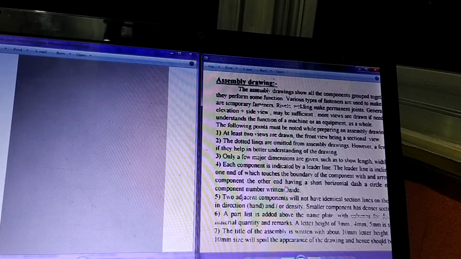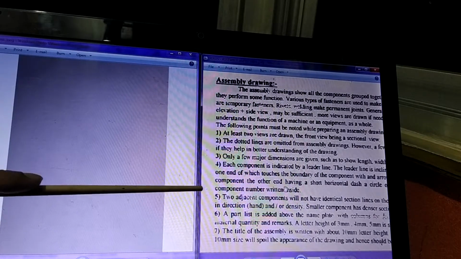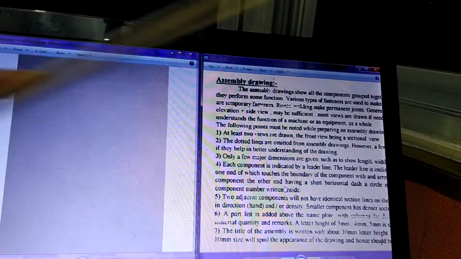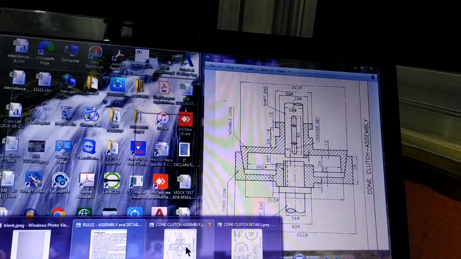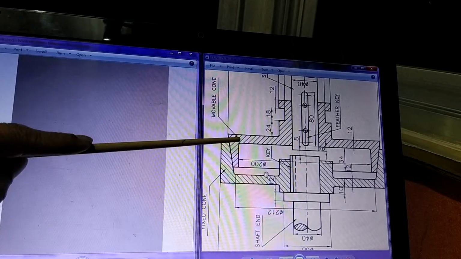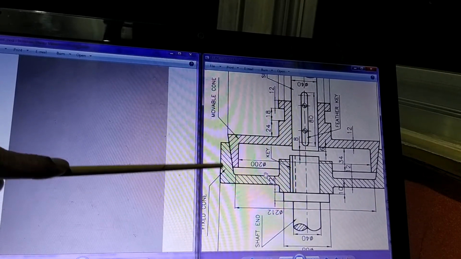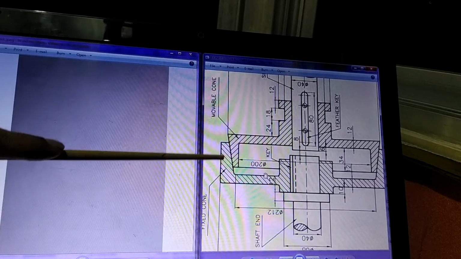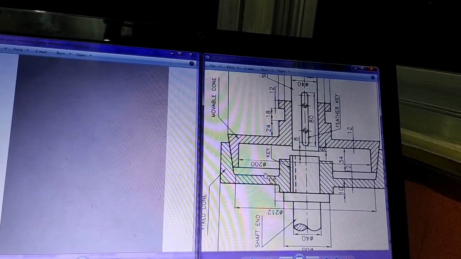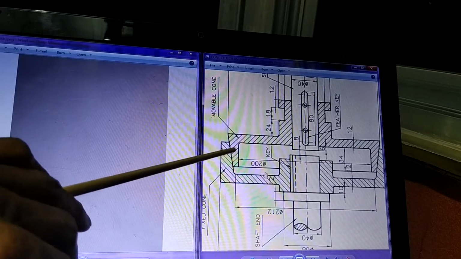Now you have to show the sectional assembly. At that time you have to show the section lines. When you draw the section lines, rule 5 says that for adjacent components, you have to draw the section lines very carefully. Let's see here. You can see there are 2 parts, this part and this part, which are adjacent to each other. But you can see how the section lines are drawn. For one part it is like this, for the other part it is like this. Suppose you draw the same type here and here, that might confuse the reader. Therefore, you have to change the orientation of the section lines so that you can identify the 2 parts.